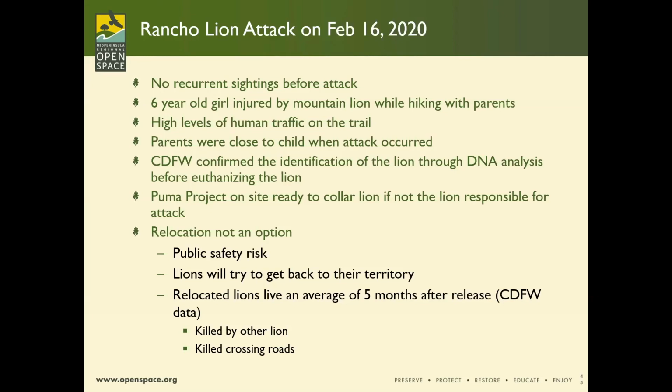We also had the Puma Project on site and ready to collar the mountain lion if it ended up not being the lion responsible for the attack, so we could get some useful information about how lions are using the habitat at Rancho. And lastly, I want to talk a little bit about why relocation is not really an option